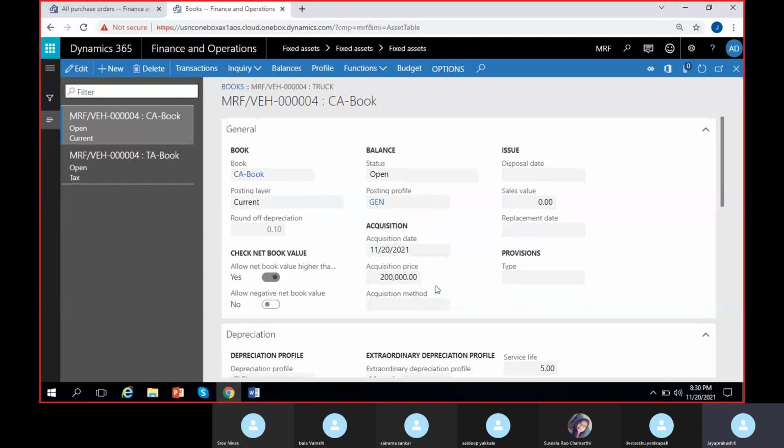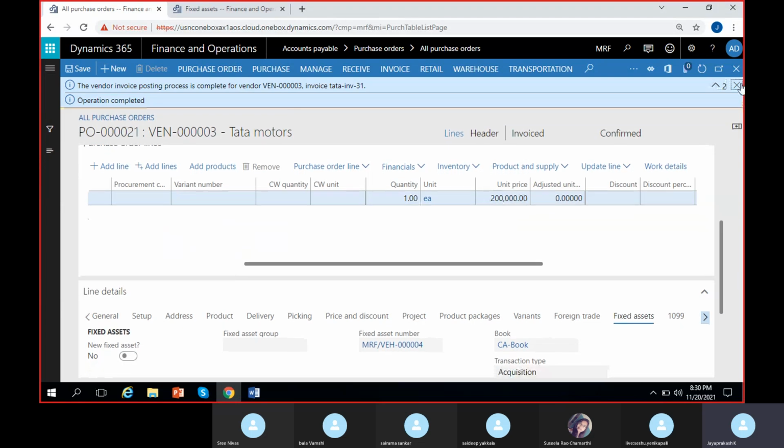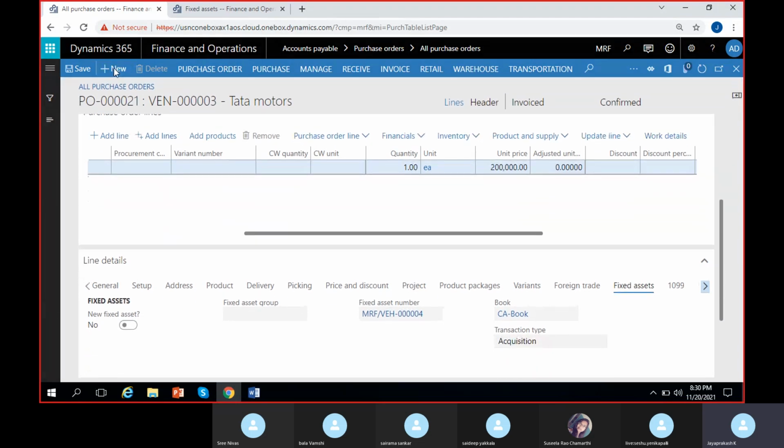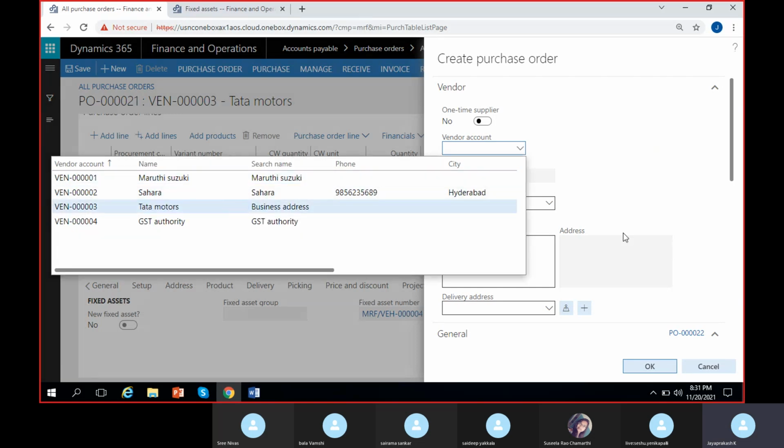So that is how you can acquire a fixed asset and create a new fixed asset through a purchase order. Is it clear for all of you? Do you want me to explain the other example as well? Let me create a new purchase order quickly, for which I'll create a new fixed asset at the invoice stage. I'll go to the vendor, select the vendor,